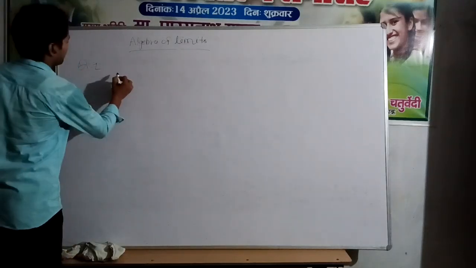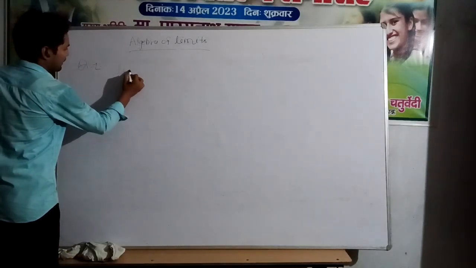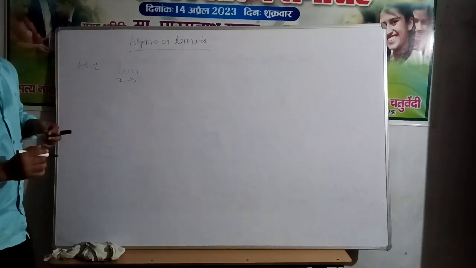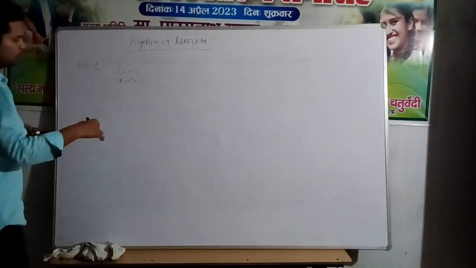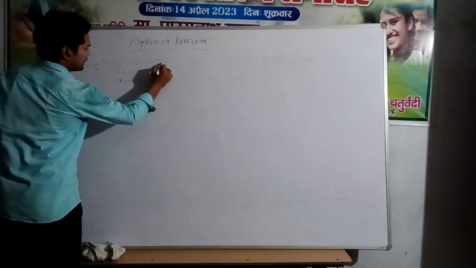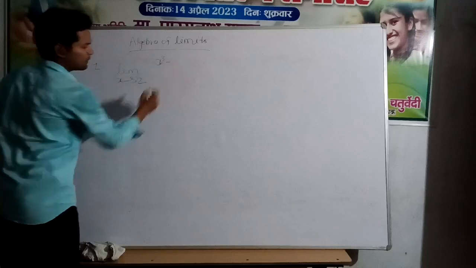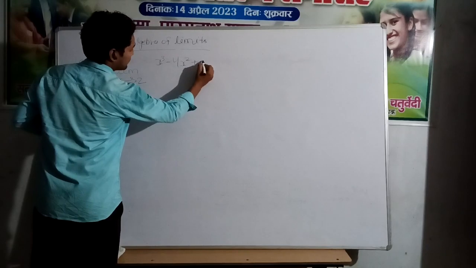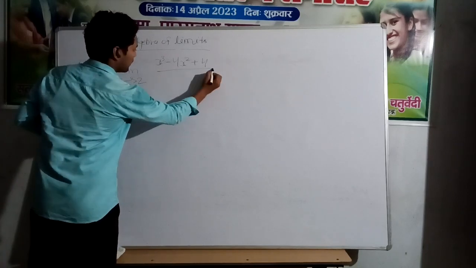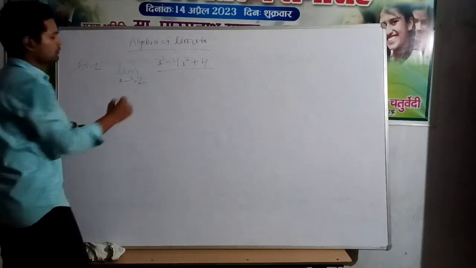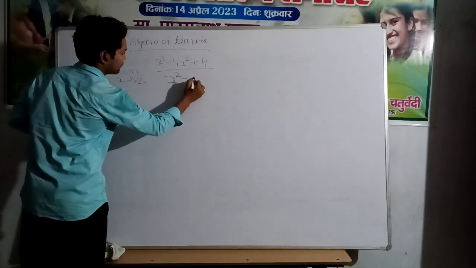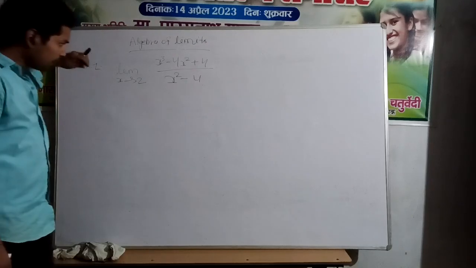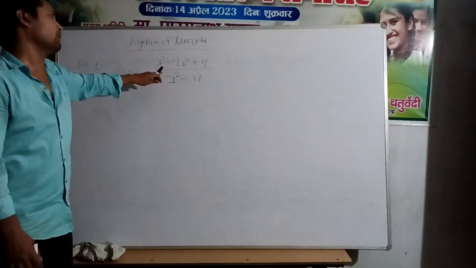Limit x tends to 2 of (x cube minus 4x square plus 4) upon (x square minus 4). Here, if we put the direct value of x,